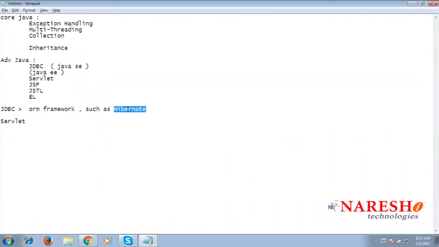Anyone putting the question in this regard? JDBC and the relation towards the ORM framework. Yeah, so